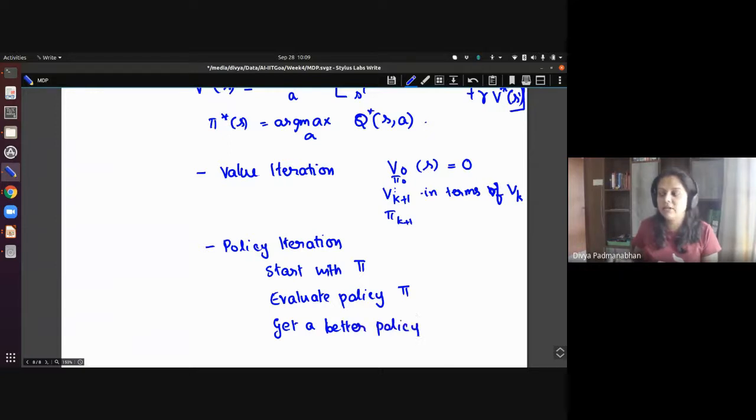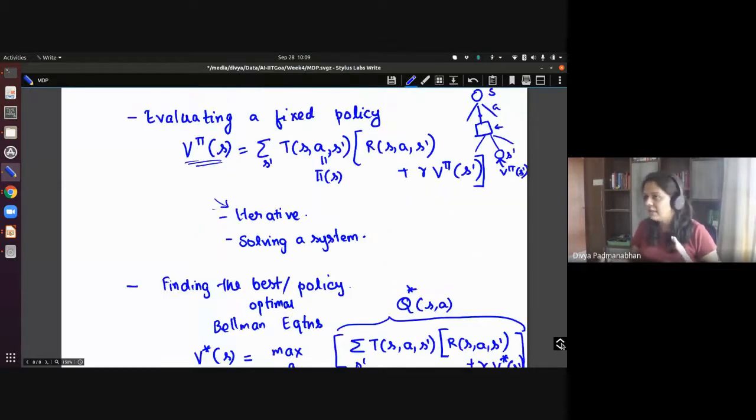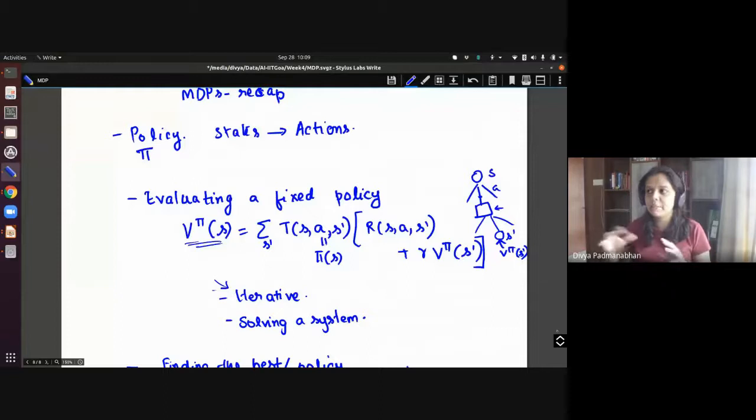It's an iterative step where you start off with pi 0, then evaluate the policy pi 0, then get a better policy pi 1, and like that it goes. So basically you start off with some pi k, evaluate the policy pi k, and then get a better policy pi k plus 1, and this goes on. It's a loop, and at some point you converge. I just wanted to put this in perspective, because it may have been confusing what exactly we were doing, as all these things look similar, but there's some difference. So were there any questions on these topics?